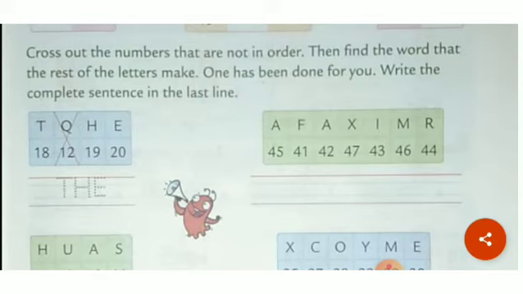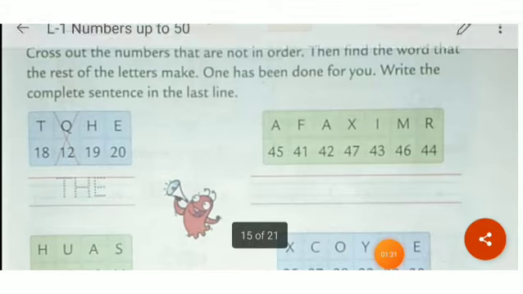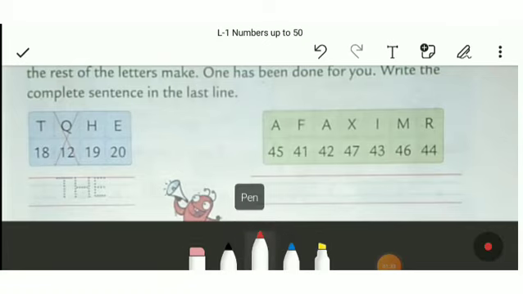See this second one. Here 45 is given as the first number. After 45 there is 41, then 42, then 47 is given. See 45, in the sequence of 45 there is no 41, na. After 45 there is 46, but 41 is given here, and after 41, 42 is in order. So we have to cross 45 here. Okay, because 45 then 47 are not in the sequence. So we have to cross this way.